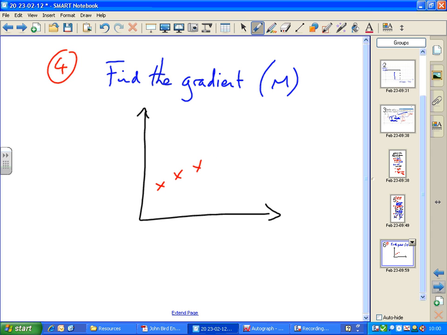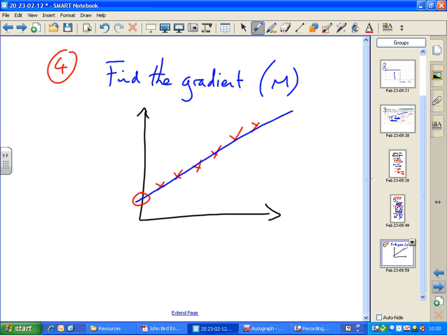So here are my data points. Good smooth set of data suggesting a straight line, which I put through the middle of my data, line of best fit. I found the y-intercept, which is here, so that's C, and then I've got to find the gradient. The definition of the gradient is how far you go up the y-axis divided by how far you go along the x-axis. So to find that, we put a right-angled triangle on the line, and it's up to you where you draw the